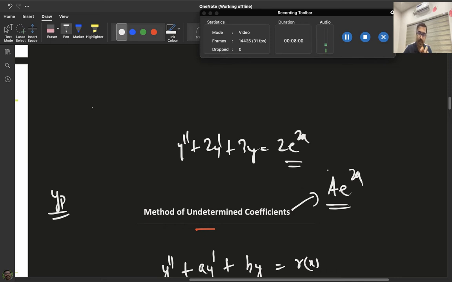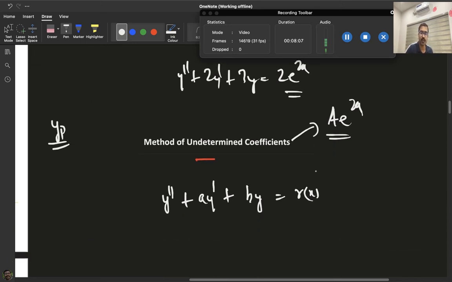Okay, so then for that you need to find the value of a, which I will discuss now: how to find the value of a, because that's the idea. Okay, one more example I give you. Suppose you are being asked to find the particular solution of y double dash plus 3y dash plus maybe 2y is equal to e raised to 5x.